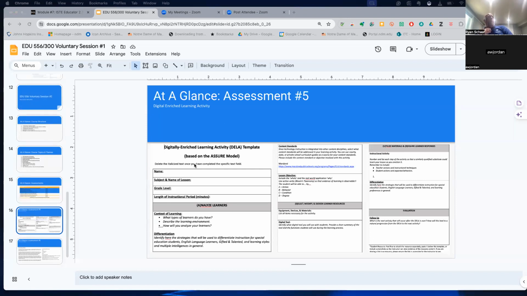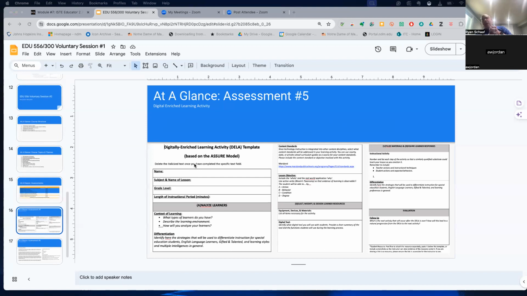What you're going to do is select a subject, select a content area, and plan for an instructional lesson. You could pick a tool or a resource, an internet resource, or an app, and you're going to take this digital tool and plan instruction around it. You're going to plan exactly how you would go through instruction. You're also going to come up with differentiation strategies and ways to teach to your diverse learning population.